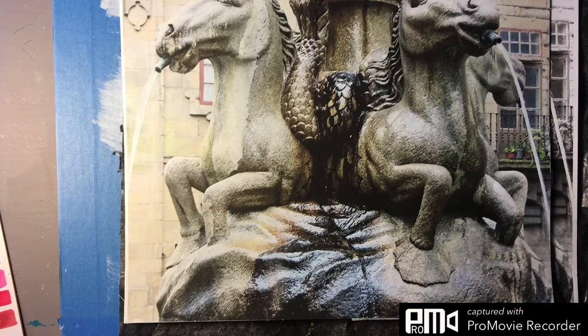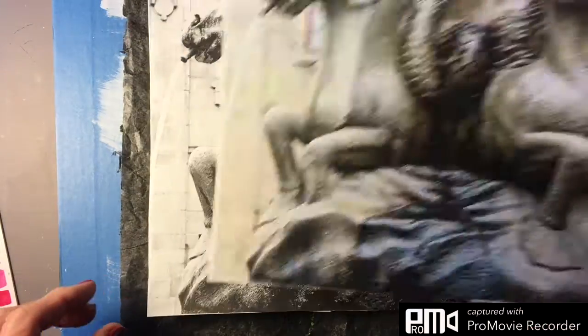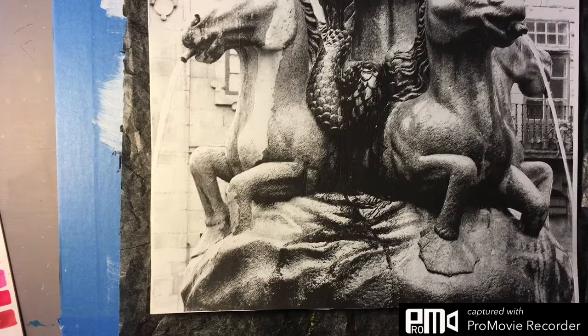painting, and I thought you might enjoy seeing the process when I'm painting an architectural painting in watercolor. I tend to use this method because I am a realistic painter. So often I will take my photograph, and I took this photograph in Porto, Portugal, of this beautiful fountain, and I will print this out, and then I will print out a black and white copy of that so that